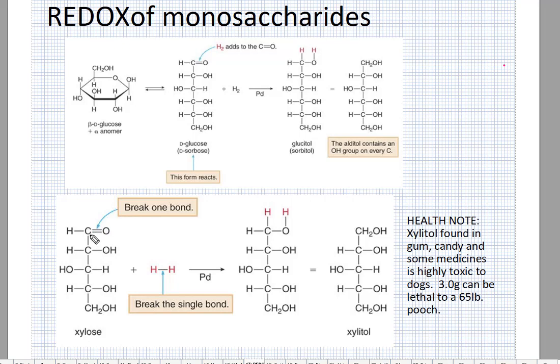If we reduce this aldehyde to the alcohol, we get xylitol. Xylitol is found in a lot of sugarless gums and whatnot, and the only thing I want to point out here is that it can be very toxic to dogs, right? So, highly toxic. I think it causes liver or kidney damage, I'm not sure. But, so, keep your sugar-free gum and whatnot away from your animals so they don't chew on this stuff and get